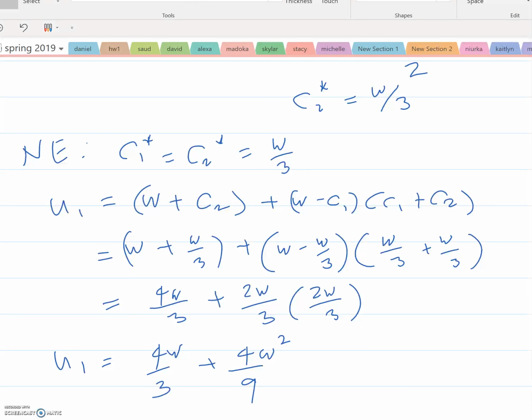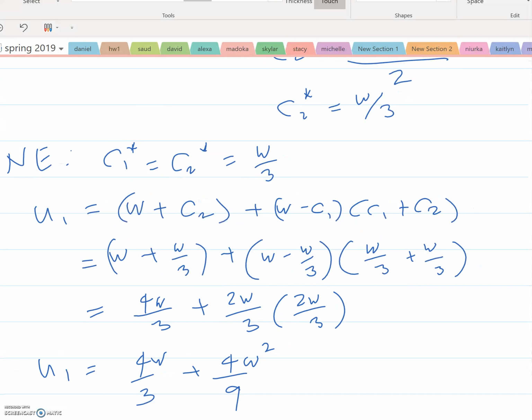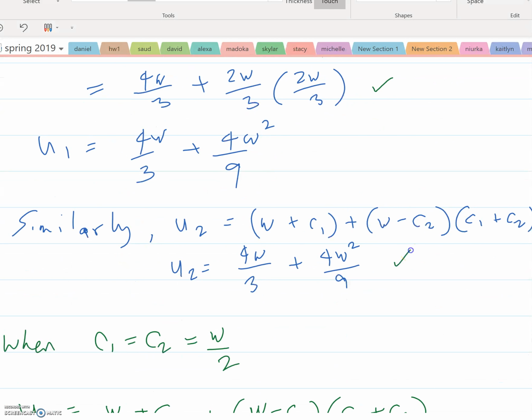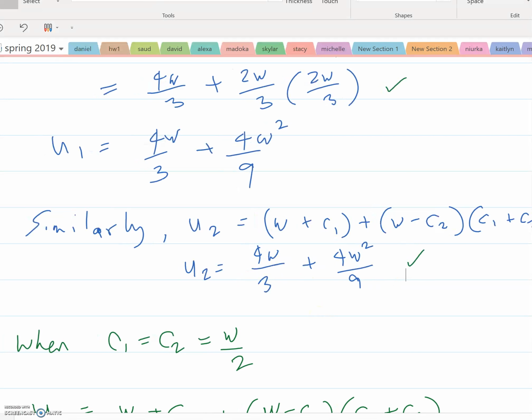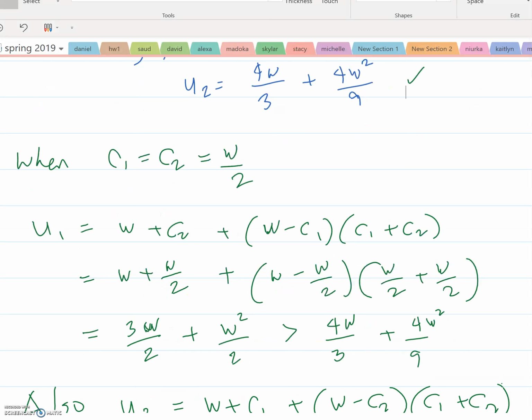And now substitute that back in the utility function. C1 is W over 3, substitute it back. You'll find that the utility for 1 would be equal to this. You do the same thing for U2, and you'll find that the utility for 2 will be equal to this. Now you want to compare it to the case where everybody's paying half of their wealth. If everybody's contributing half of their wealth, then